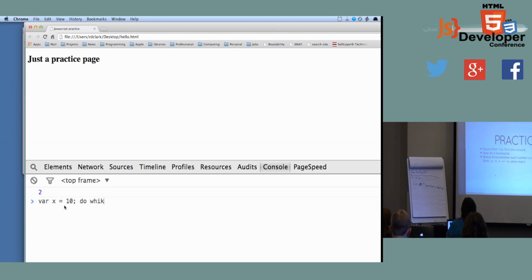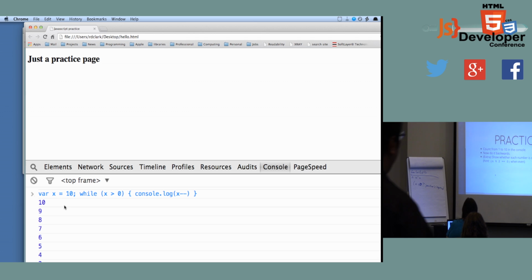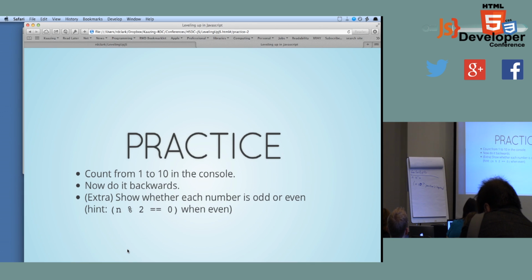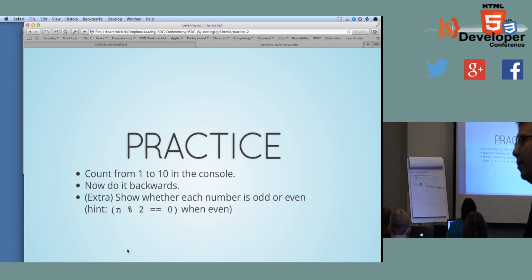Do while. I could do something like that. So try it out. I'll leave the instructions on the screen. So do like count 1 to 10 in the console, do it backwards for fun, show whether each number is odd or even.